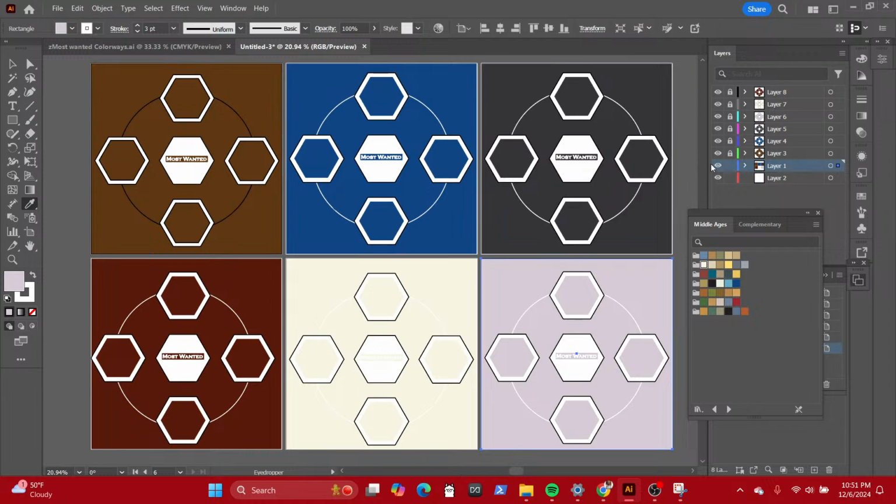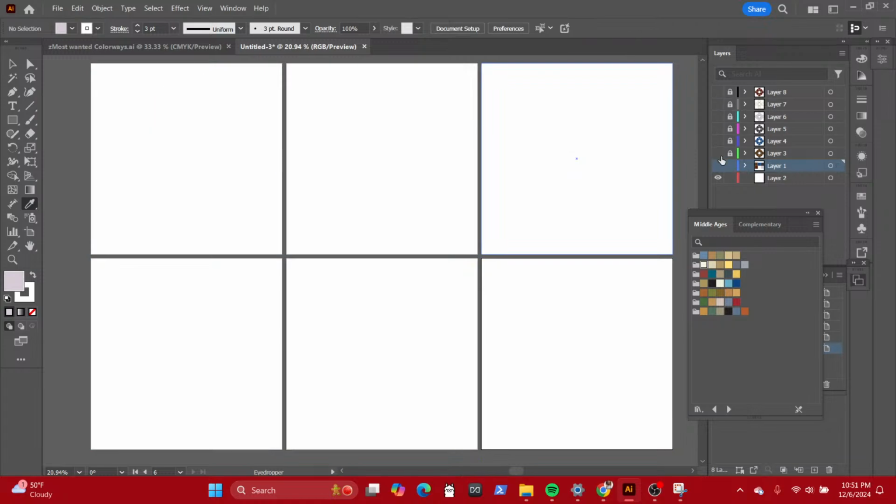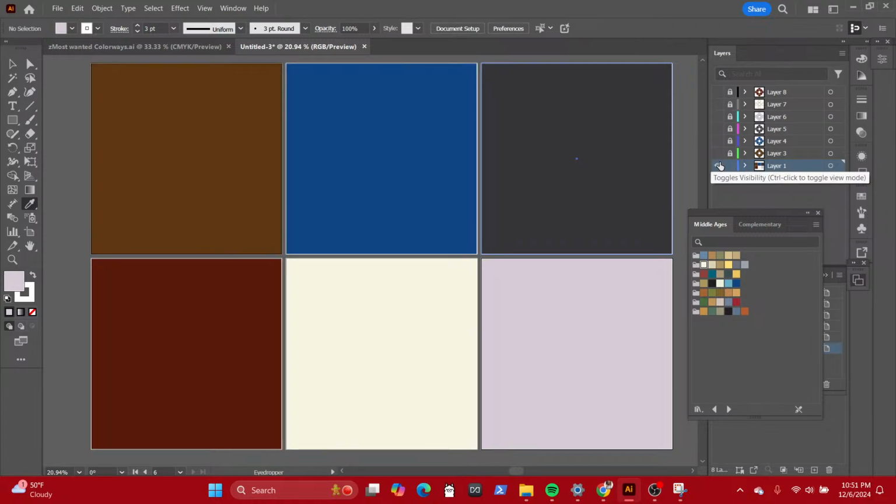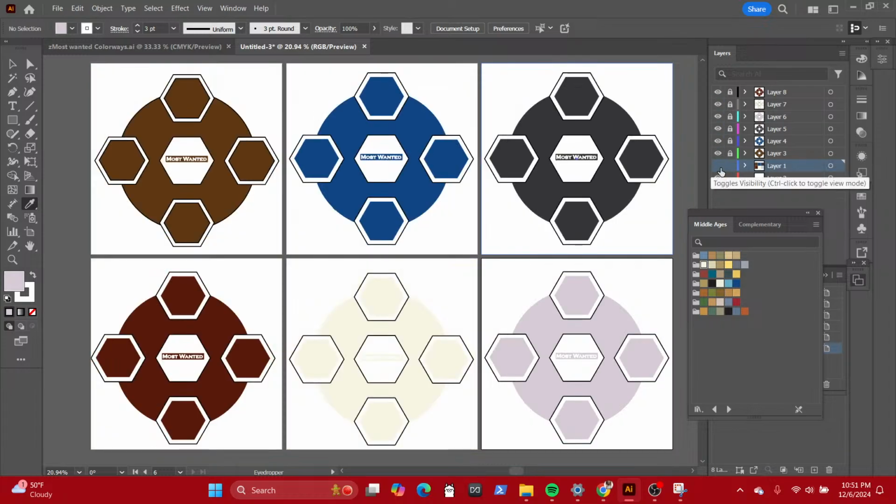When I want to copy those colors for the sleeves or for the collar, I can make those invisible and keep those, and then just save those files by themselves just like that. And if I want to just have that, I can have that like that, right? Simple enough.